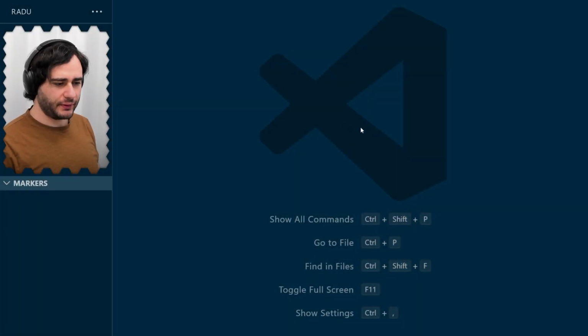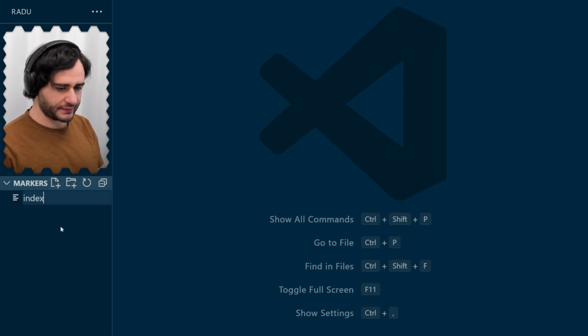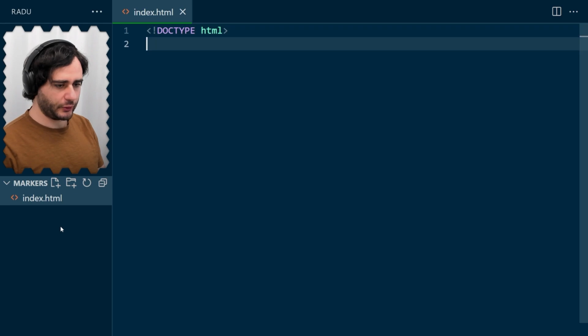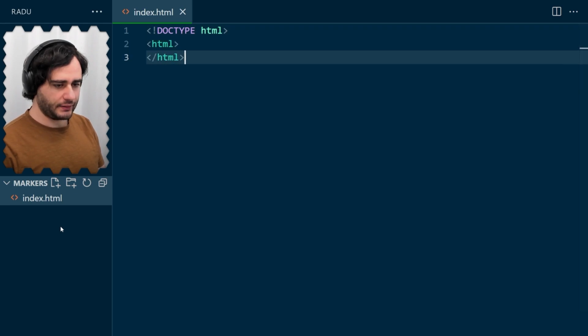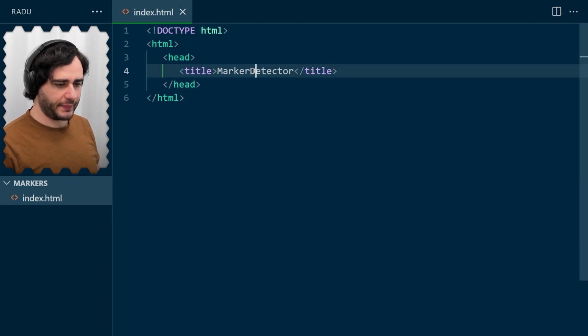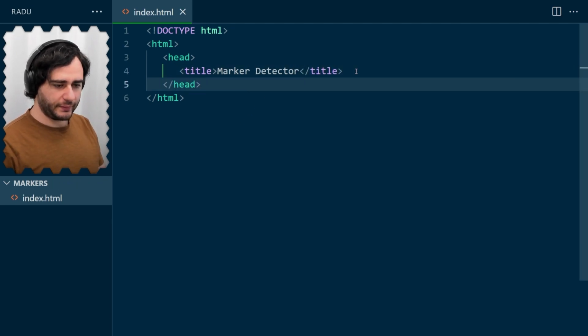I have Visual Studio Code open in this empty folder. And let's create our index.html file here and start with basic HTML: the doctype, the HTML tag, the head tag, and the title is going to be marker detector. Let's add the space here as well. Now the body